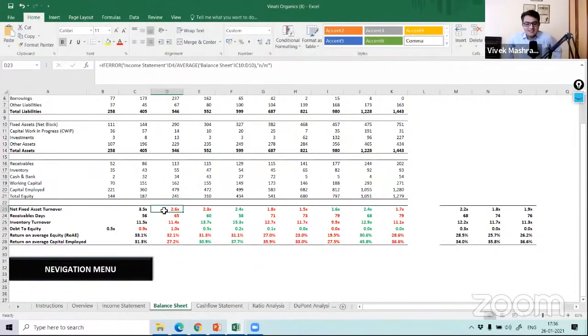So you have to again ask why. Just type why in the comment box, right? Ask why this ratio is less here, why it is important. And the second thing you should do is look at the trend, and this applies everywhere across the Excel. See the trend. If the trend is decreasing, ask why it has gone from 2.6 to 1.5. Are they not able to sell their goods, or have they put in a new plant which is still not operational properly and they're running it at a lower capacity, or is it a seasonal business? After every 2-3 years there is a downturn. What is it? That is where you will start getting answers around the business model also, right?